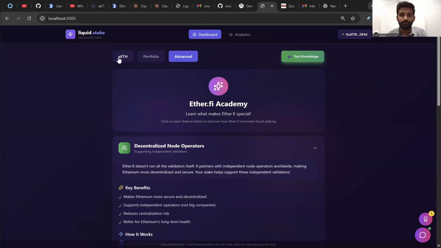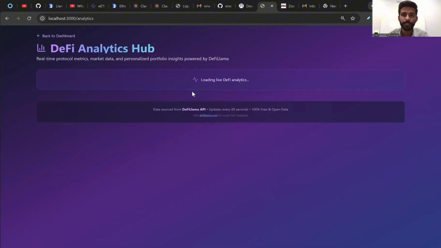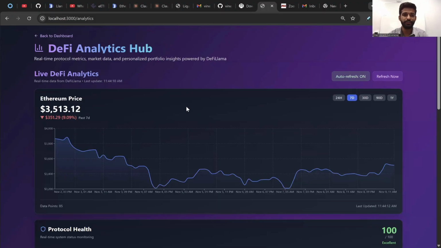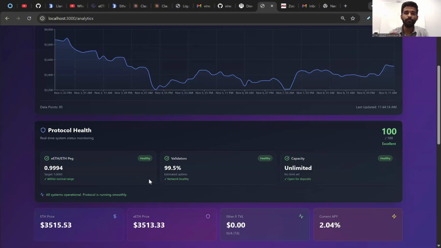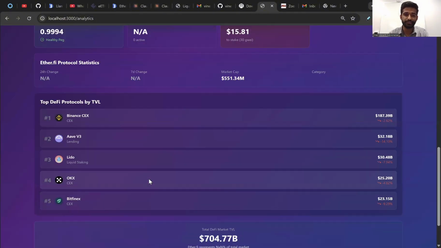But what if I tell you we have something even more to offer? Yes, we did not just build a learning platform, we also built a live analytics portfolio. Inside this DeFi Analytics Hub, we have an option which gives us the day-to-day Ethereum prices. Based on the data that we got from DeFiLlama, if we have a user's data, we could link it and understand how much money we have and how much we could invest by seeing the day-to-day market changes around us.